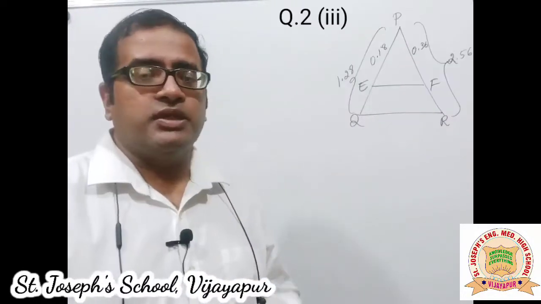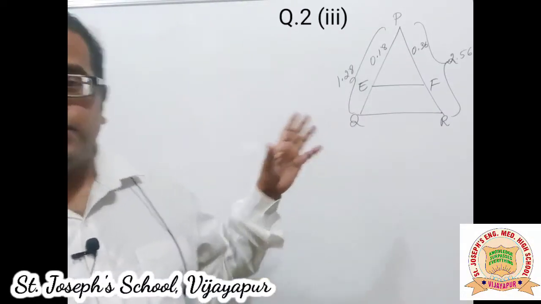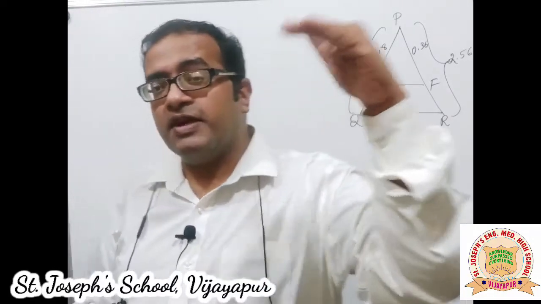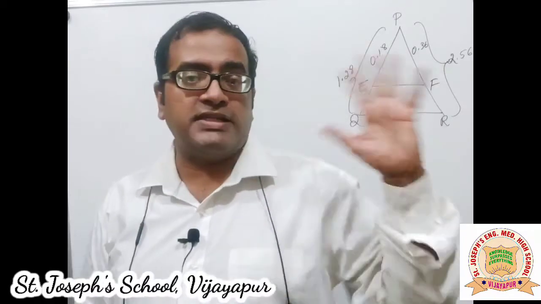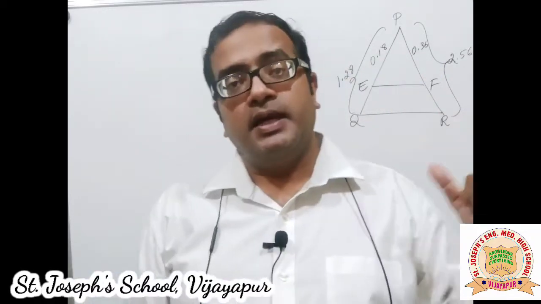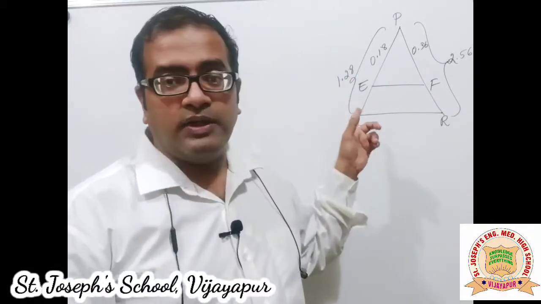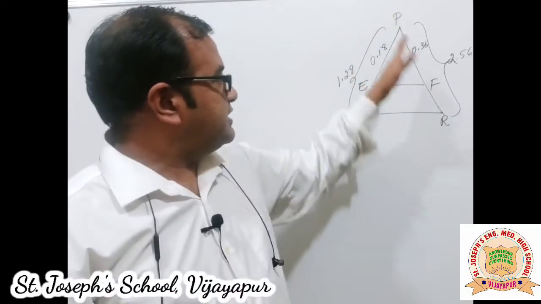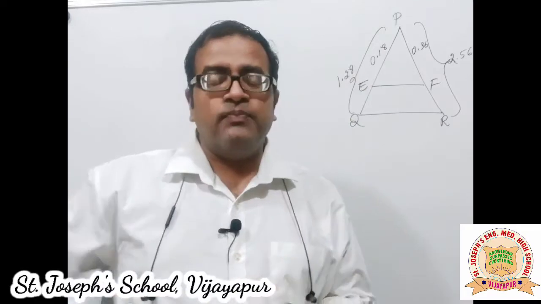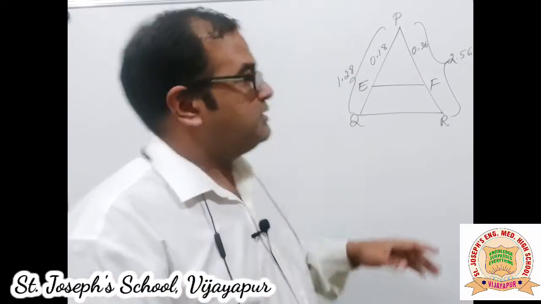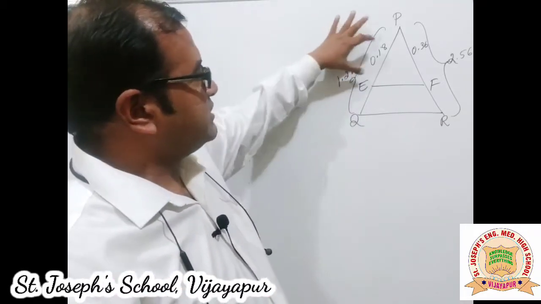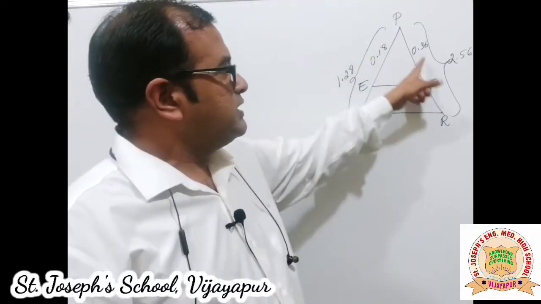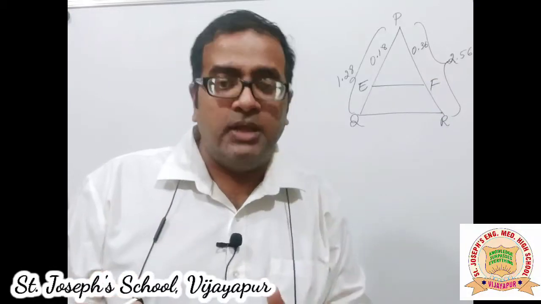Okay. So the third case here has a small difference compared to the first and second case. In the first and second case, we are looking at first part by second part on both sides. But here the second part is not given. The first part is given on both sides, and the full side, that is PQ and PR, is completely given. There are two methods to do it. One is by arithmetic: subtract this first part from the total, you will get the measurement of EQ. Same on the other side, that also can be done.